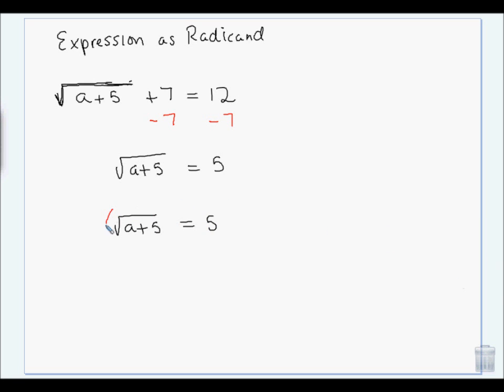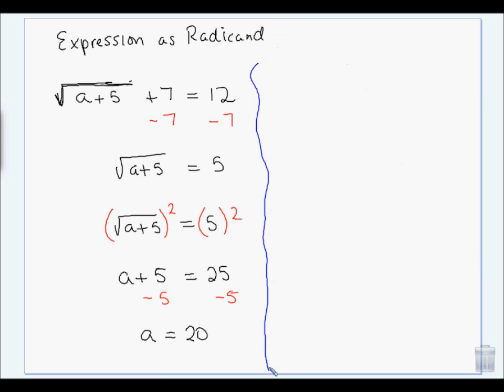My next step is going to be to square both sides. Whenever you square a radical, just the radical goes away and you're left with whatever was underneath. So that gives me a plus 5 is equal to 25. I subtract 5 from both sides and I get a equals 20. Okay,